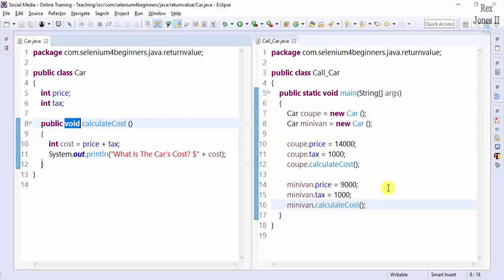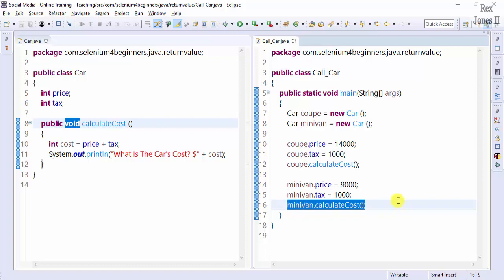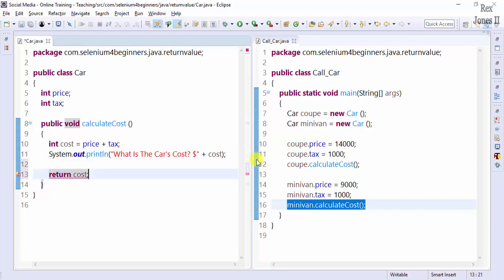Let's go back to coupe and minivan. We see coupe and minivan each call the calculate cost method. But what if we wanted to see the cost difference between both cars? How would we calculate the difference between coupe and minivan? We need to access the cost, but the cost is calculated in a separate class. We write return cost to access cost and return it back to both callers